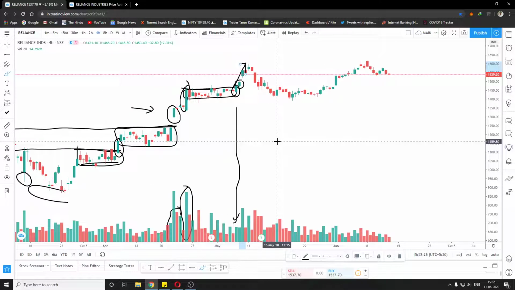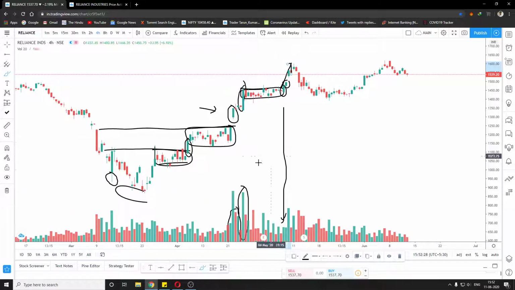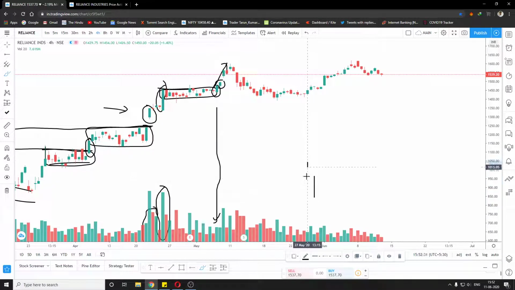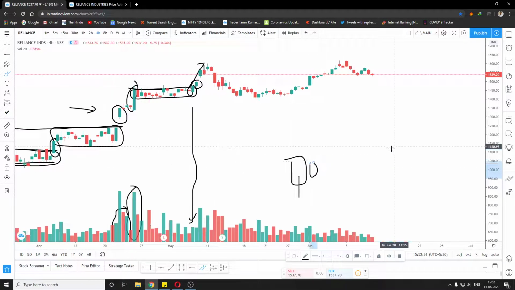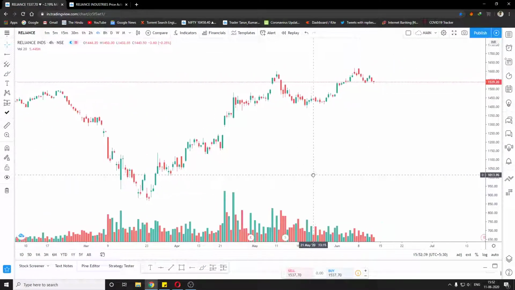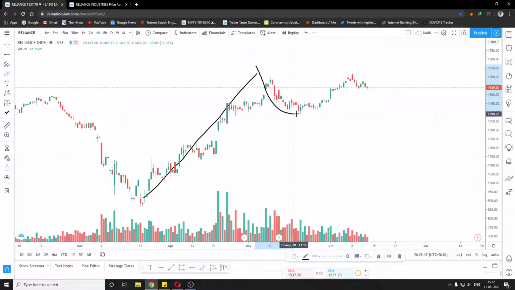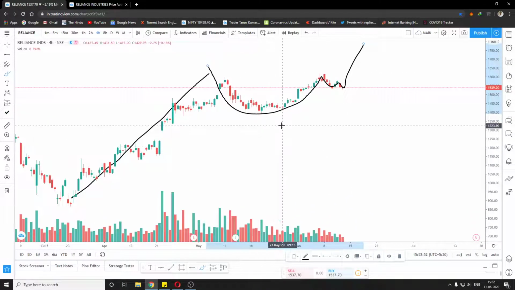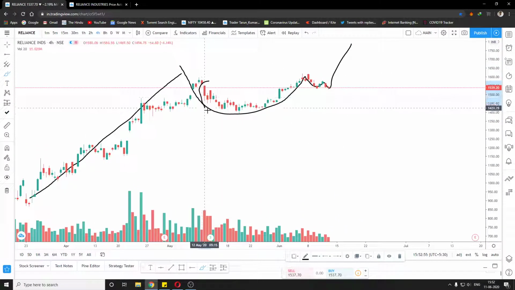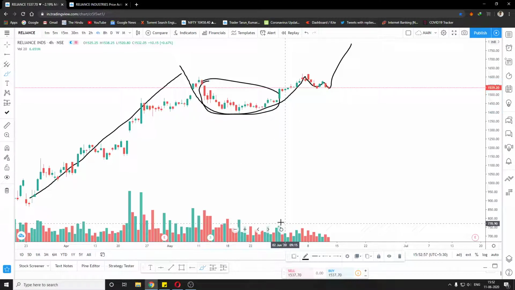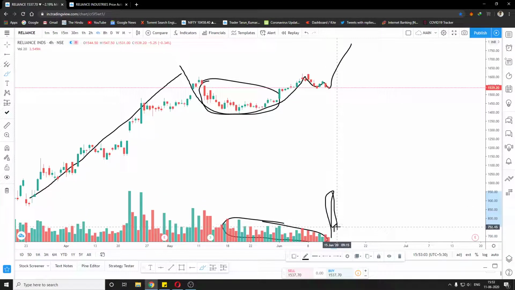And one thing which is important is that other than the candles which have lower wicks, the other candles in the accumulation or distribution phase will have lower volumes. For example, in the current pattern which is forming, which looks like a cup and handle pattern because we have an uptrend, now we have a rounding bottom, and then this is looking like a small retracement. But you can see that the volume during the accumulation will be less and will decline, while on the breakout the volume will be huge.